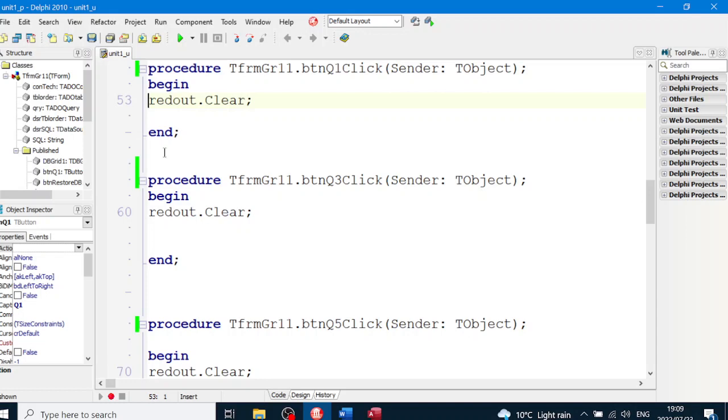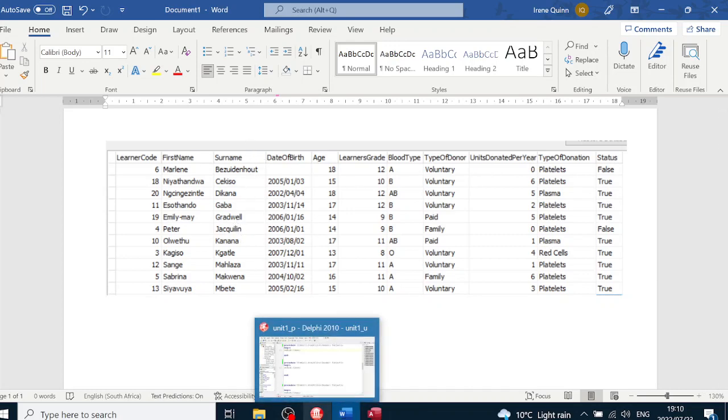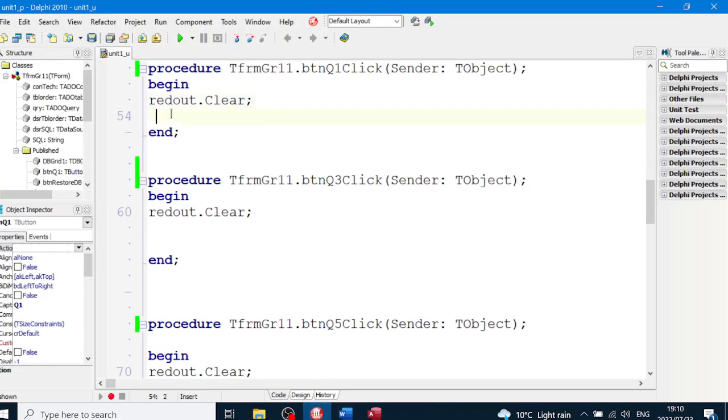The first one we're going to do for revision is to display in the rich edit, or the memo, the surnames of all learners who donated more than 4 units per year. So units donated per year and surname are going to be involved. To do that we need to go to the first row of our table, and we're going to use the component